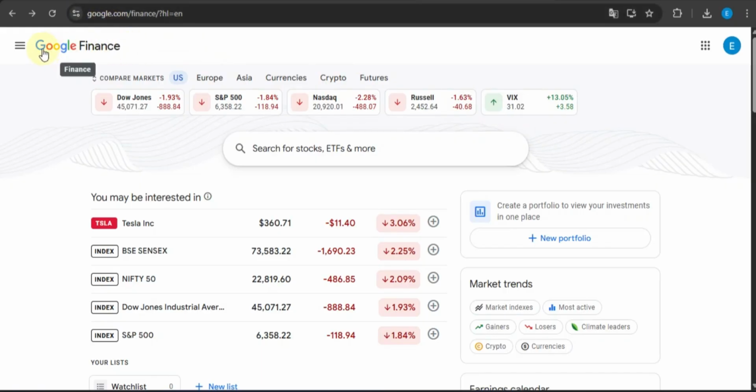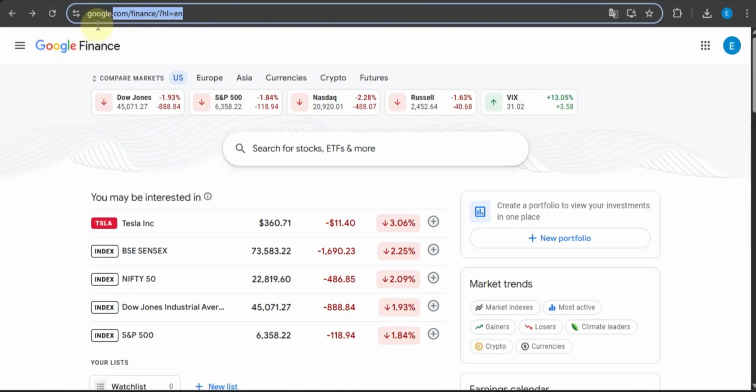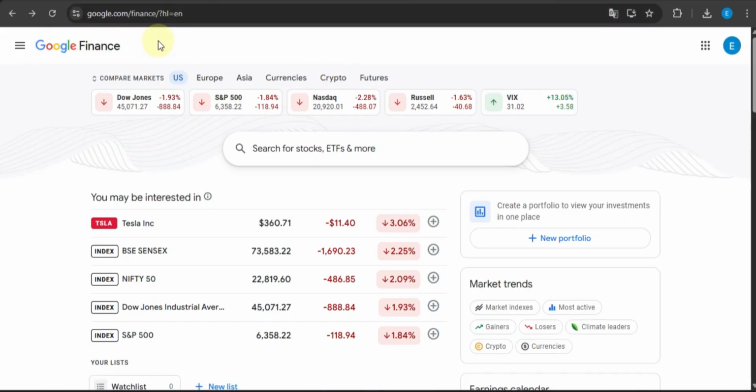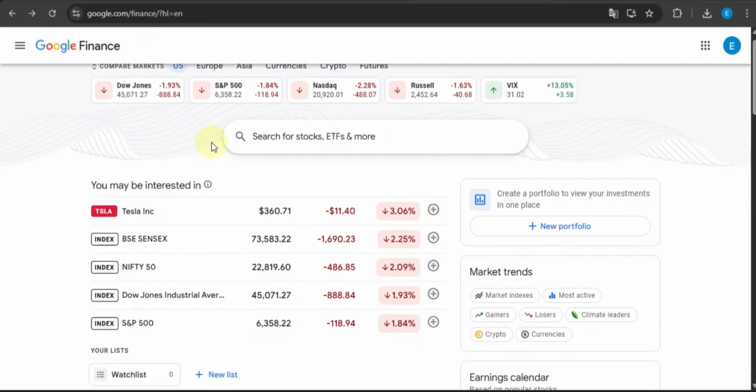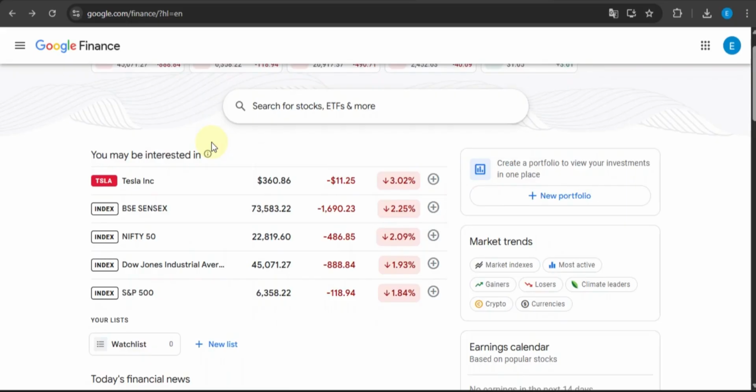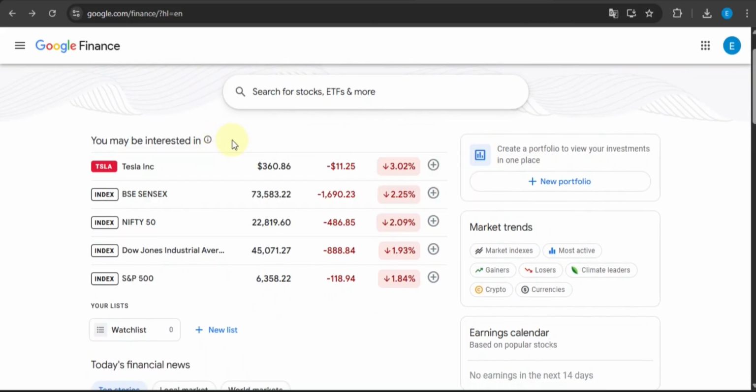To begin, open your web browser and go to www.google.com/finance. This will take you directly to the Google Finance homepage, where you'll find stock data, market trends, and the latest financial news all in one place. It's a good idea to bookmark this page so you can access it quickly whenever you want to check your